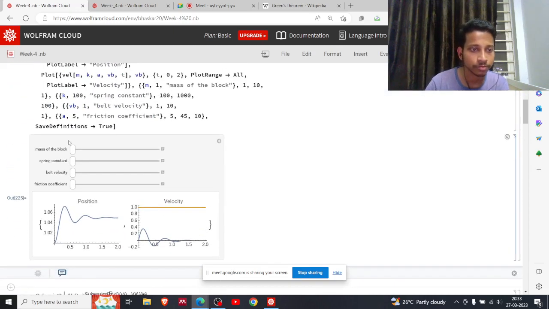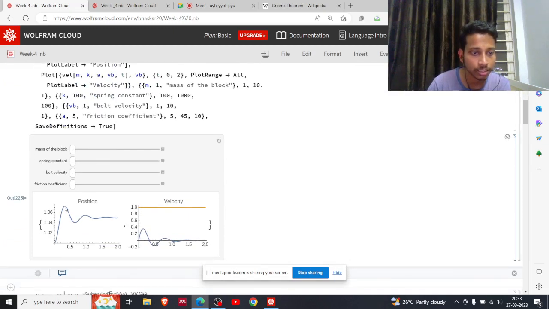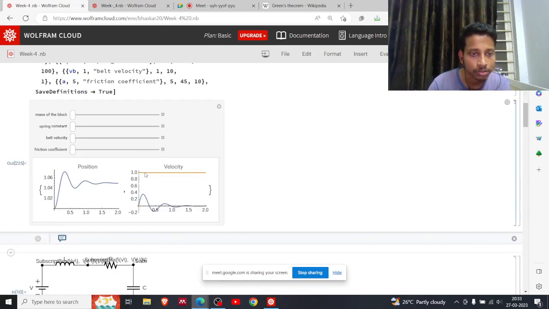If we use this, we can see the oscillation in the position and velocity. The position is shown by this blue line, and the yellow line is Vb, which is the constant velocity of the conveyor belt, and this is the velocity of the